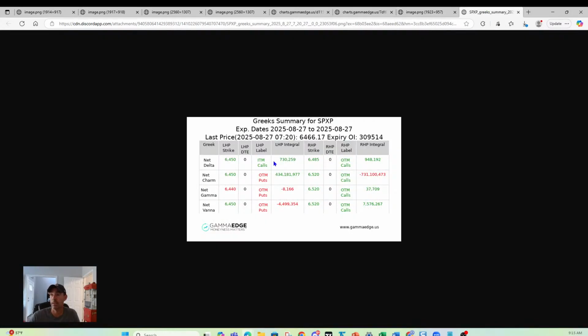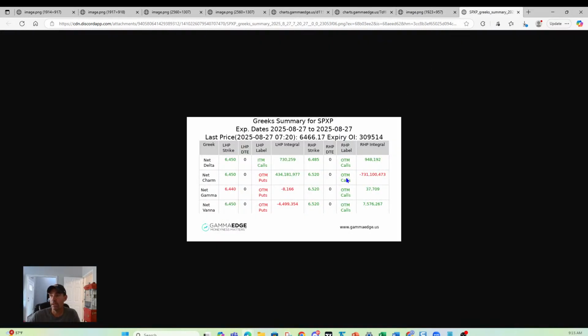Look at the SPX P net stack command. Again, highest sensitivity levels. Make sure you mark these on your chart. 64.85. We are out of the money call, in the money call dominated, as I've already discussed within the SPX structure. So 64.50 would be that first pullback level that we'd anticipate to be supportive. That also matches transition area.